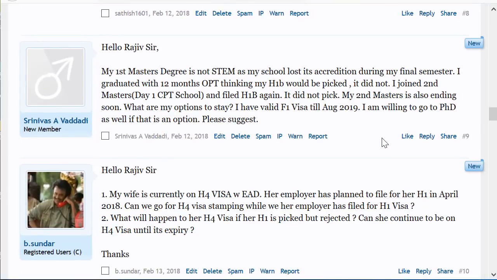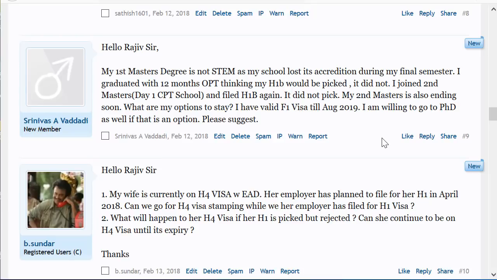Srinivas Vadadi says, my first master's degree is not STEM as my school lost its accreditation during my final semester. I graduated with 12 months OPT thinking my H-1B would be picked. It did not. I joined a second master's and filed H-1B again. It did not get picked. My second master's is also ending soon. What are my options to stay? I have a valid F-1 visa till August 2019. The visa itself is not significant. I'm willing to go on to a PhD if that is an option. Sure, PhD is an option,